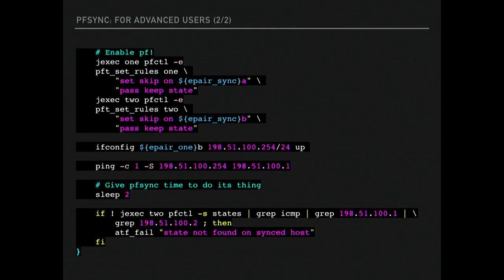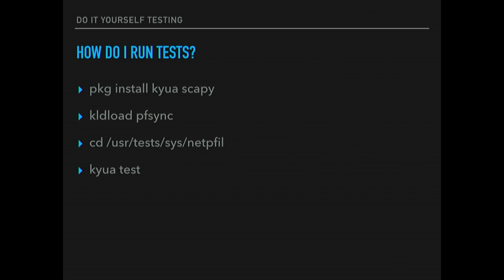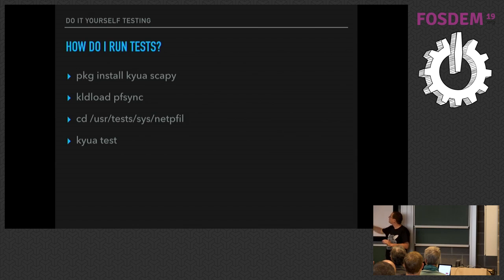Now that I've got you all fired up for these tests, where can you find them? The source code for these tests lives in /usr/src/tests/sys/net/pfil/pf, assuming you've installed your source to /usr/src, which mirrors the structure of where the code for pf lives. They get installed to /usr/tests/sys/net/pfil/pf, which again mirrors the structure of where they're installed. If you want to run them yourself, you might want to install some tools, kyua to actually run the tests, and